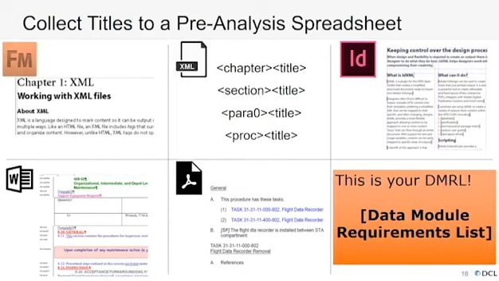And you can change the mapping according to whatever, let's say, the subject matter expert tells you. In these 5 examples, the goal is the same, but the process may be different. So in FrameMaker, you may use the styles that we use, or you may use keywords or formatting. So chapter 1 is probably auto-generated text, but you need to find the best way to extract the titles to a spreadsheet, because you can't necessarily use the table of contents, for 2 reasons.